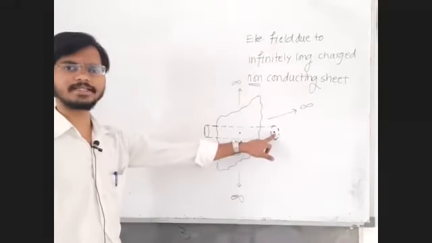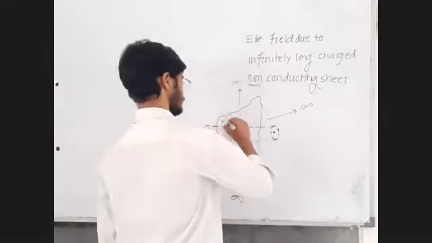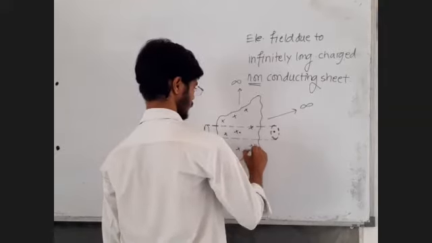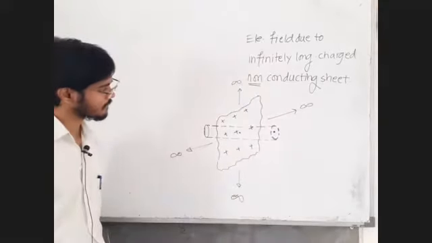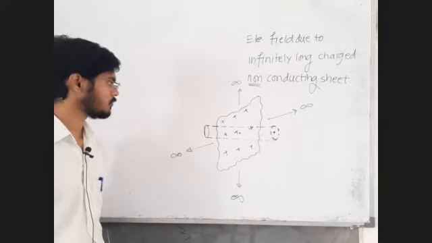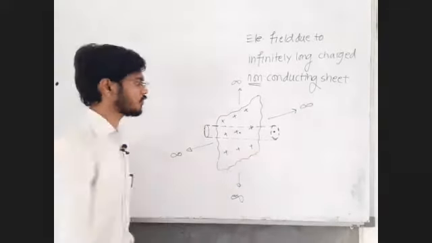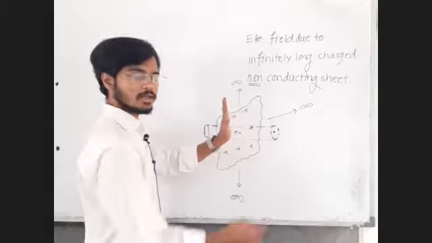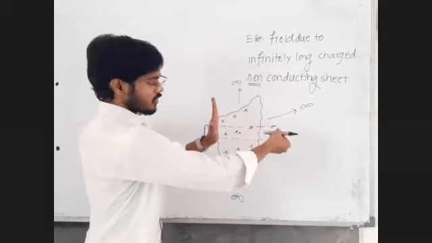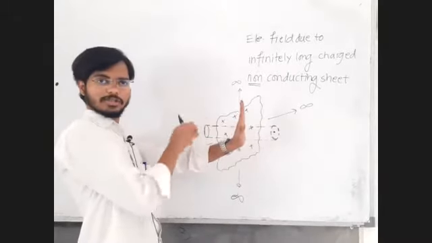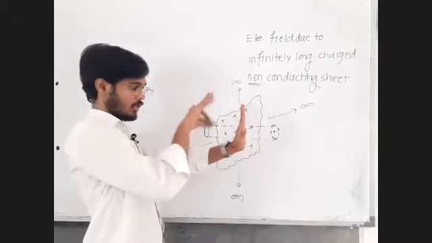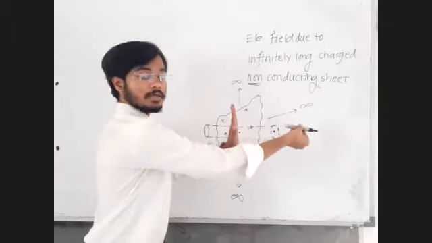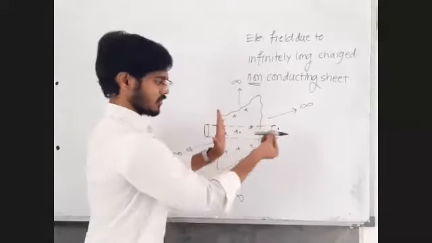I want the electric field intensity at this point. Now we have a charge like this on this sheet. This is an infinitely long charge sheet. At this point we want to find out the electric field. Now imagine the sheet to be like this. Electric field will be away from it because it is positive. In this region also it should be away from it, so it is towards me. In this region the electric field is towards me, and in this region it is away from me, or basically it is away from the positive charge.